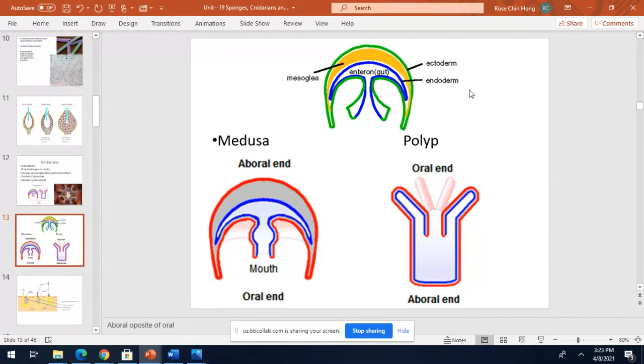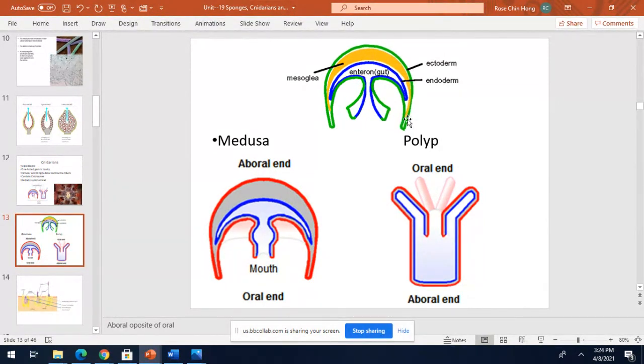Okay, this is a cross section to show you the germ layers. They only have ectoderm and endoderm, so they are diploblastic. They have this kind of gel-like matrix, which is called mesoglea, but it is not mesoderm. All right, mesoglea is not mesoderm. It's not a germ layer. This is a gel matrix that allows it to communicate and also to help it to move when it squeezes the bells, these areas,